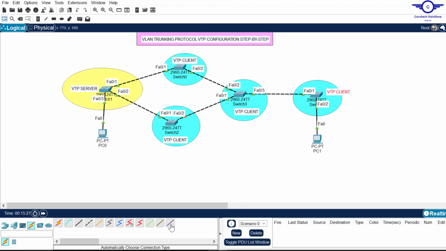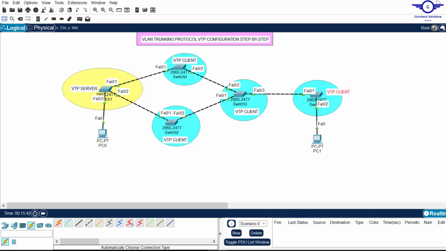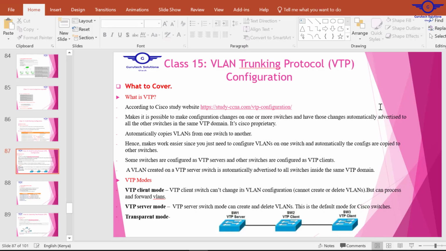So in this video, guys, we are going to follow this Google spreadsheet to guide us on what to do. And the second topic under switching technology, we are going to do VLAN Trunking Protocol, or VTP. So a quick explanation of what VTP is. I will open this PPT, and you see that